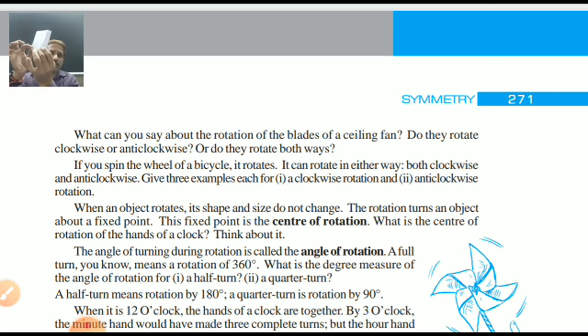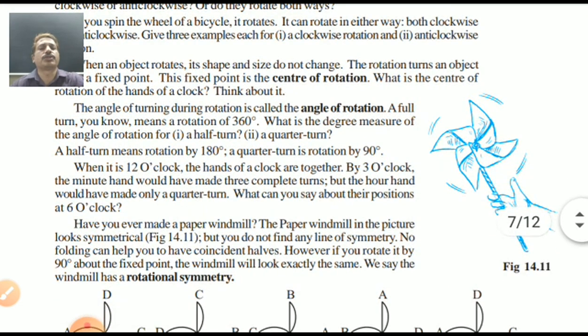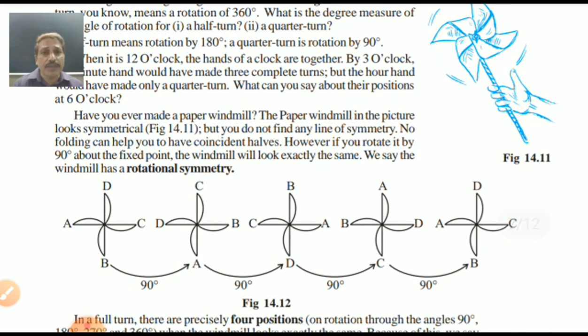Angle of the rotation means it is giving you 40 degree, 90 degree, you can just turn it. Okay? Good. So degrees are given for this one. 360 degree will come back to you on the exact place. Correct. See, here have you seen this type of fan? It is called rotational symmetry. I am giving a 4-piece fan ABCD. I will rotate 90 degree, A will come on the downside, B will go on the right side, C will go up and D will come on the left side.